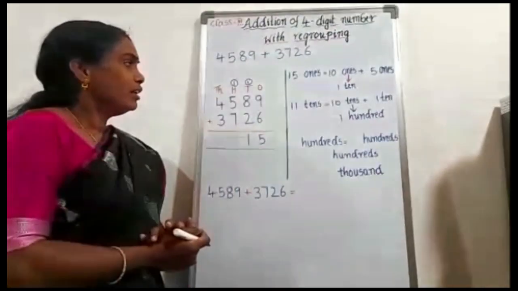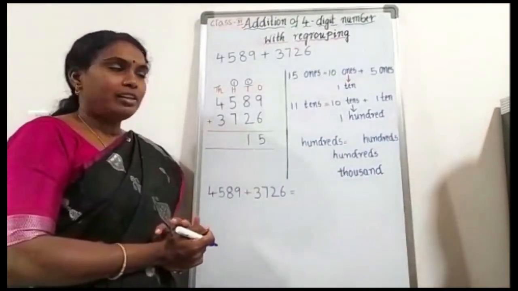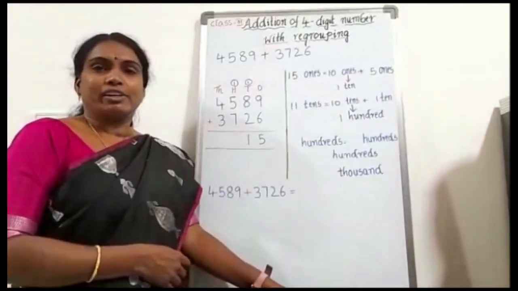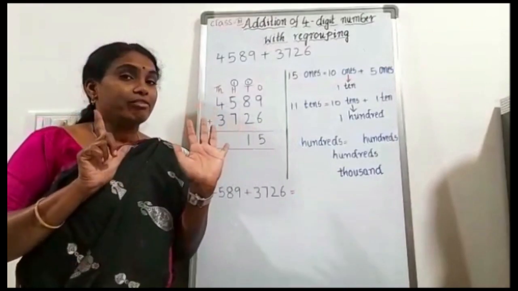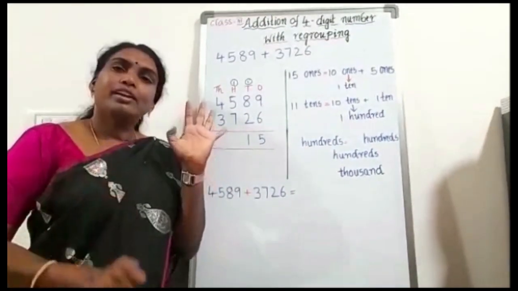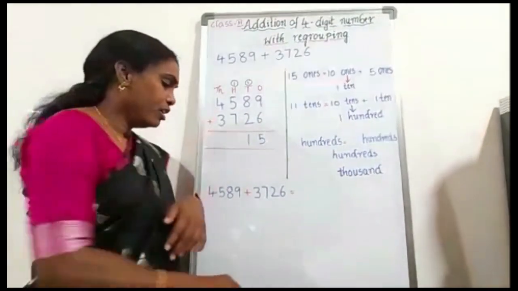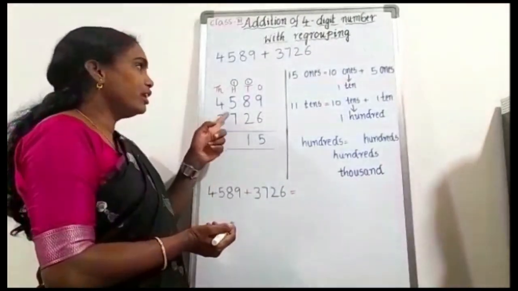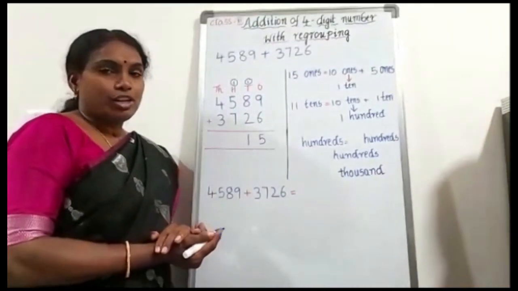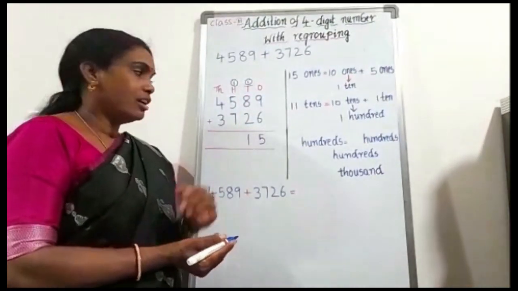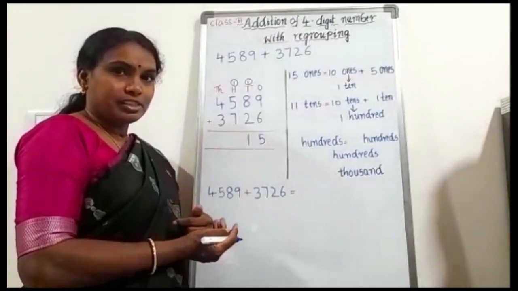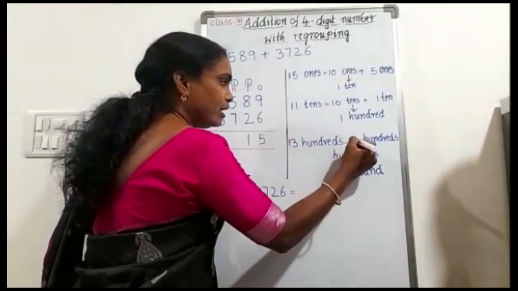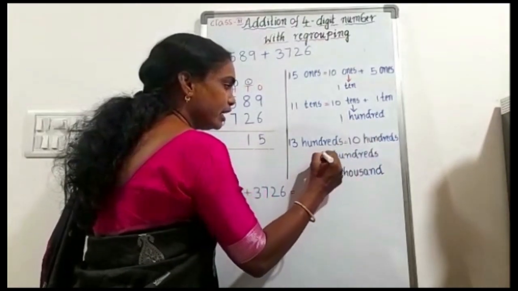Okay children. Now we add the hundreds column. In the hundreds column there are 5 and 7. 500 plus 700. 5, after that 6, 7, 8, 9, 10, 11, 12. So 5 plus 7 is 12. Yes, 1200, but one more 100 is regrouped. 1200 plus 100 is 1300. 1300 we do not write here, isn't it? Again, 1300 we can write as 10 hundreds plus 300.